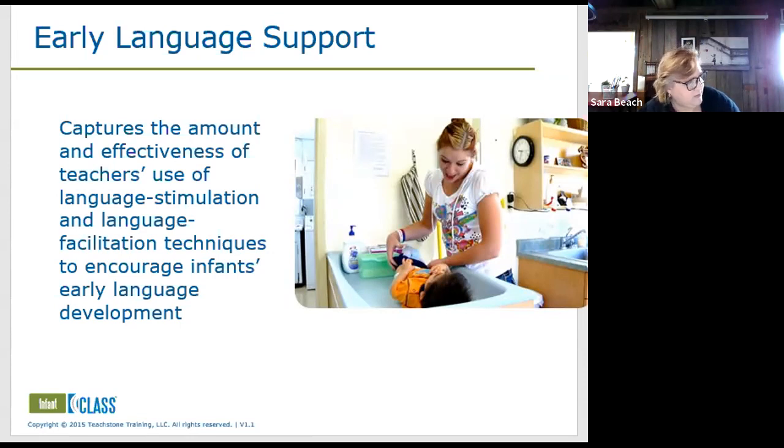On page 30 is the face page, and you will see that the 3 indicators for this dimension are teacher talk, communication support, which is how do we get kids to make sounds, how do we support them in making sounds, and then communication extension, which is about how we extend what we hear them say and start helping them to make sense of sounds.